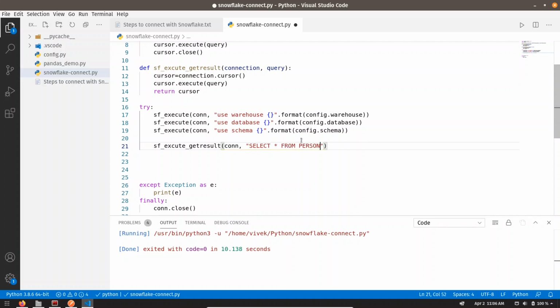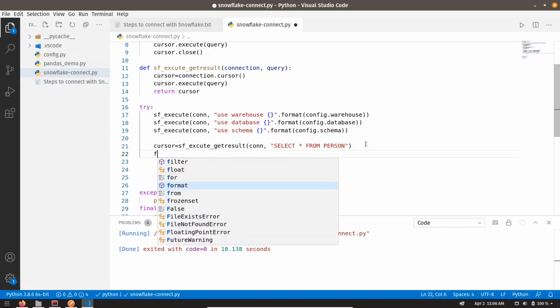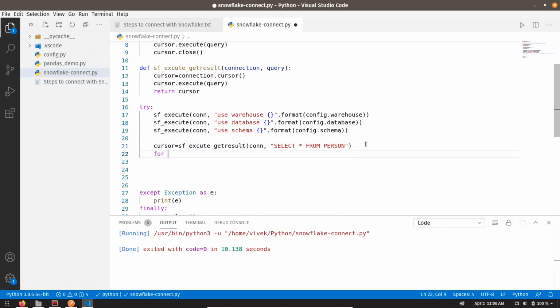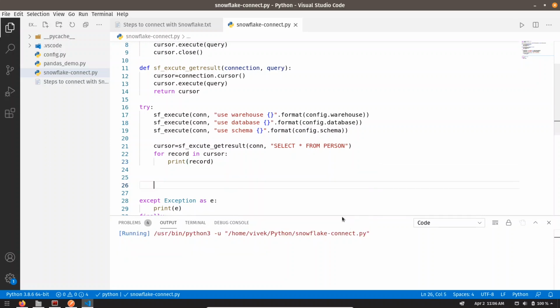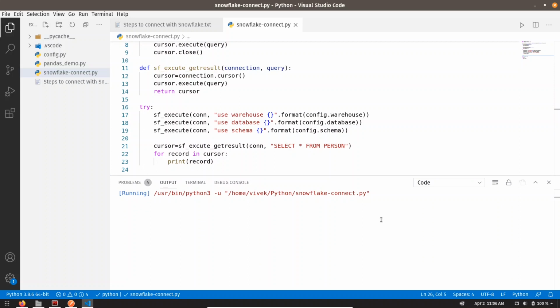Yeah, that's it. And this time we are going to get cursor object, and we can loop over this cursor object, and get the records. Yeah, that's it. Let me run it. You can see we get 3 tuples.